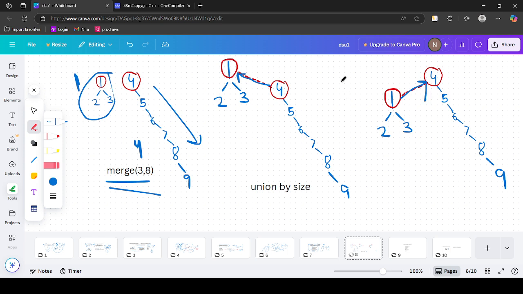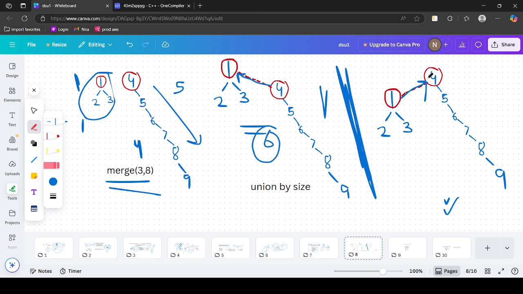So which is better? If we observe more, surely the second one is better, because the height of the tree is becoming more skewed in the first case. The height of the tree originally here is 1, and the height of the tree here is equal to 5. But now if you make parent of 4 equal to parent 1, the height is 6. And if you make parent of 1 equal to 4, the height is 5 itself. So we are making it more skewed by attaching the ultimate parent of the higher rank, size or height under the smaller one. So for example, we have these two, 1 and 4. Which is better, to make parent of 4 equal to 1 or parent of 1 equal to 4? It is better to add the one with less height to the higher one,